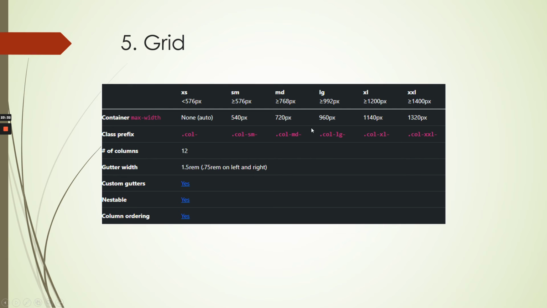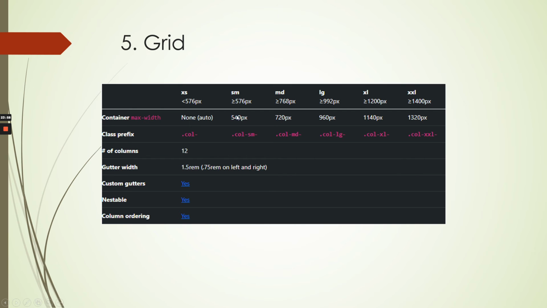When you don't write one specific device code, its previous value will be applied. If in case we didn't write this also, it means this will be applied for this. If I didn't write this also, then this will be applied for the rest of the breakpoints.